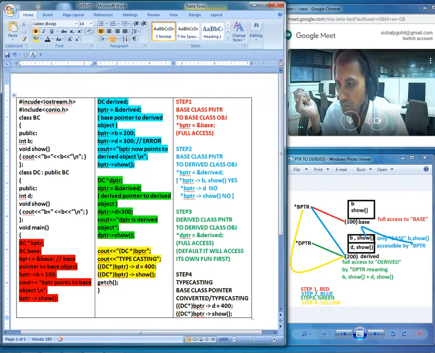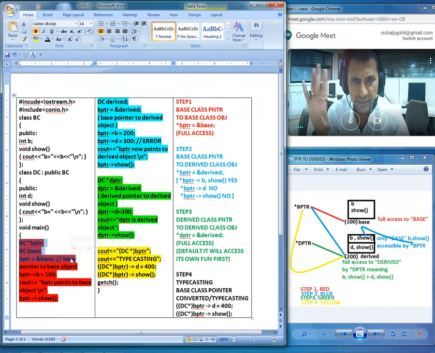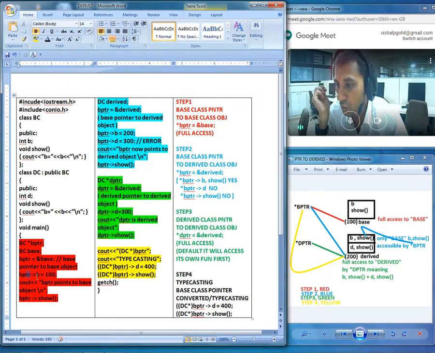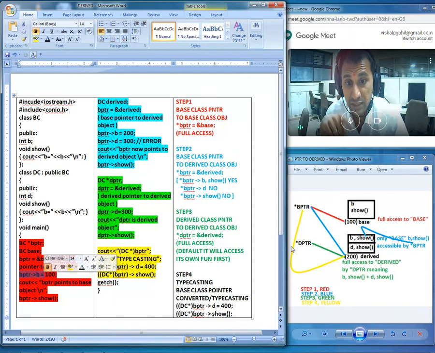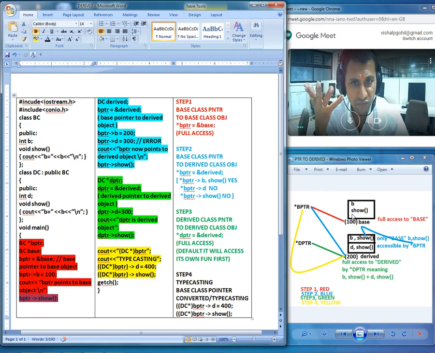Now see this part: base class pointer, base class object, and now the base class pointer is pointing to the object of the base class. That's it. Right next to that, we are trying to set some values. We are trying to call some functions using that base class pointer. You know the drill, you know the practice. We are supposed to make use of arrow operators. So using an arrow operator, bptr, the base class pointer, is trying to set the value 100 over here. And right next to that, it is making a call to the function show, which will definitely print the value of b. That means the same class function itself.